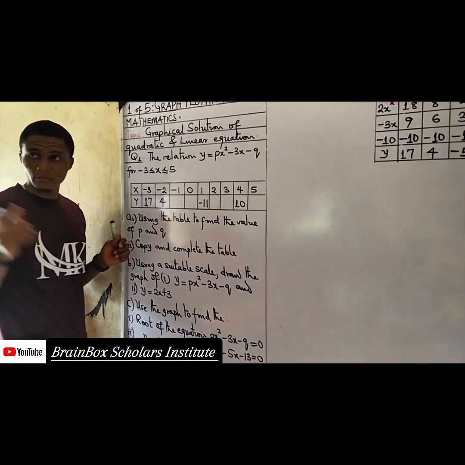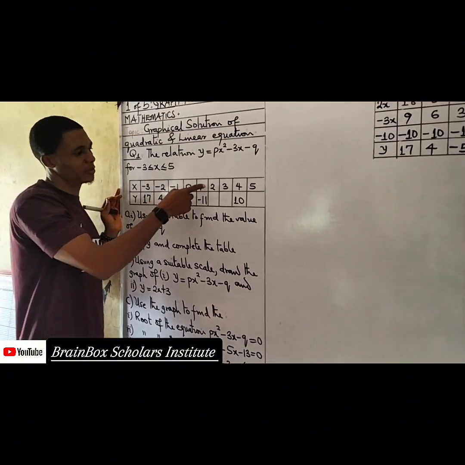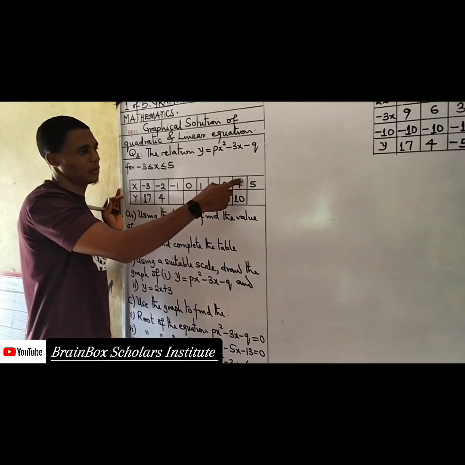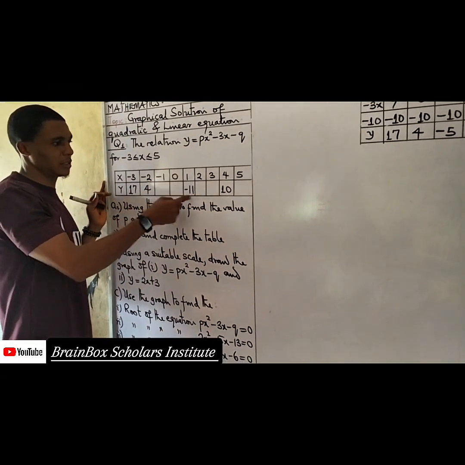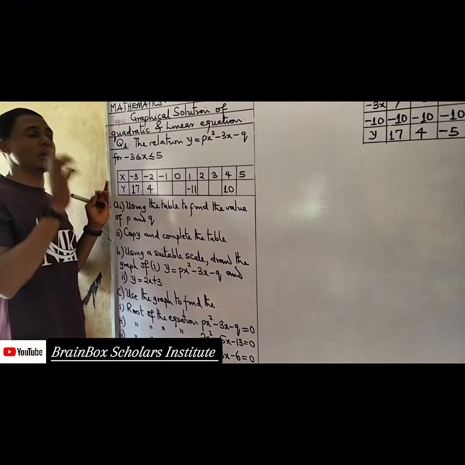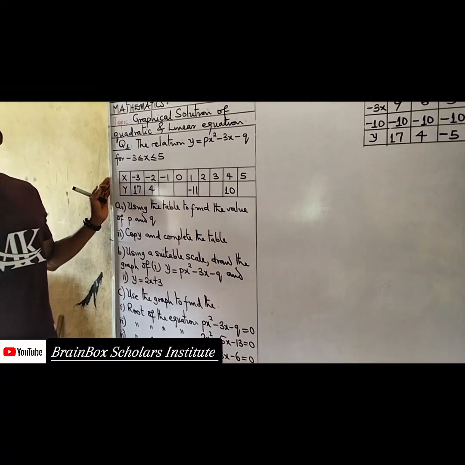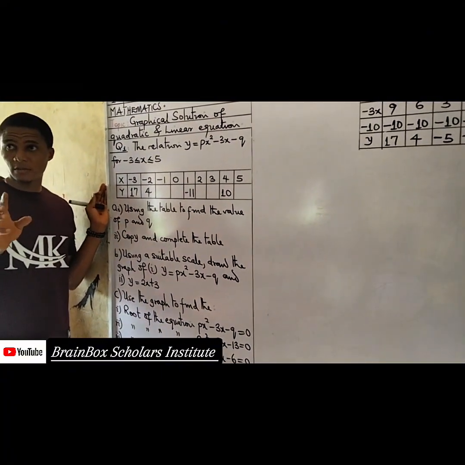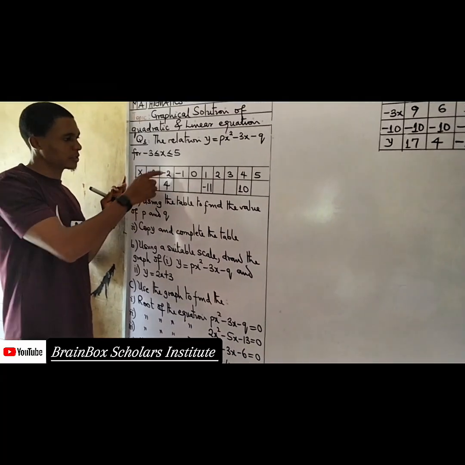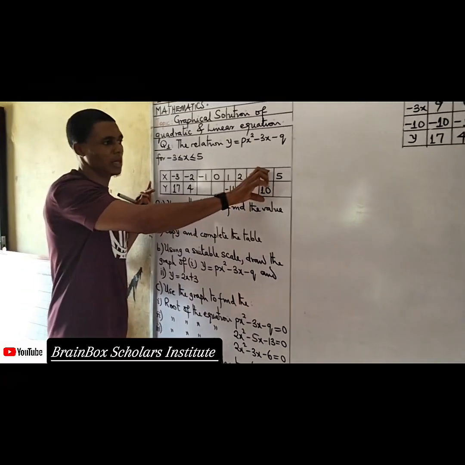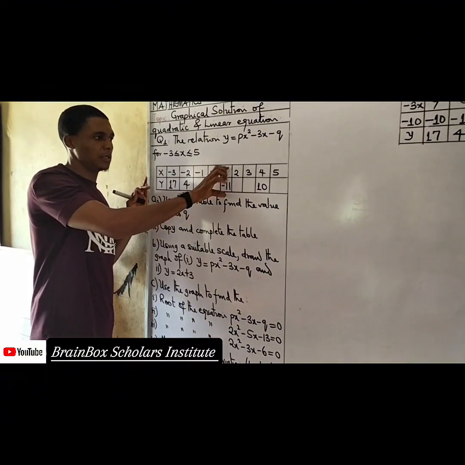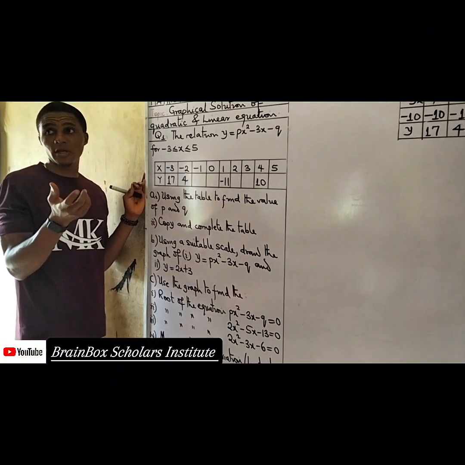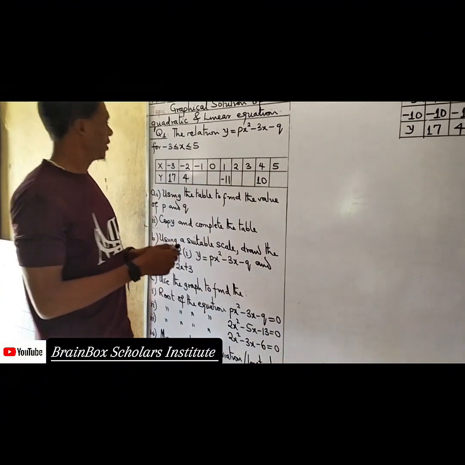Now, watch. I can as well use this and this, or I can use either this and this, and this and this. Just make sure you are picking two values of x and two values of y. So I'm going to go with this and this. Somebody else might even go with this and this. You will still get the same answer if you try it. Okay? So let's go for